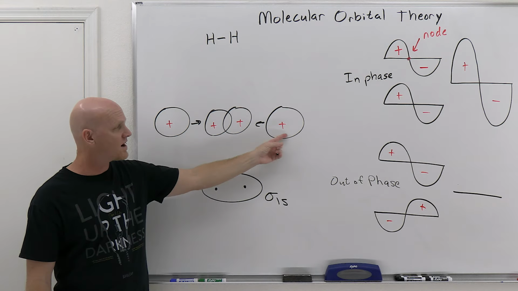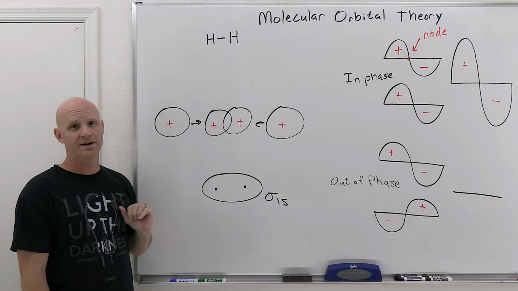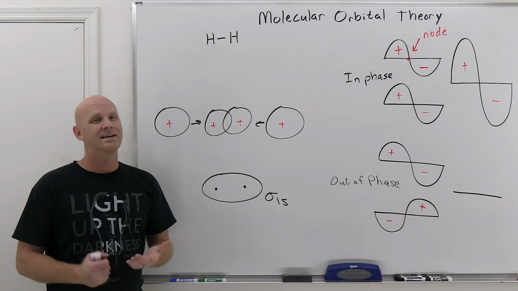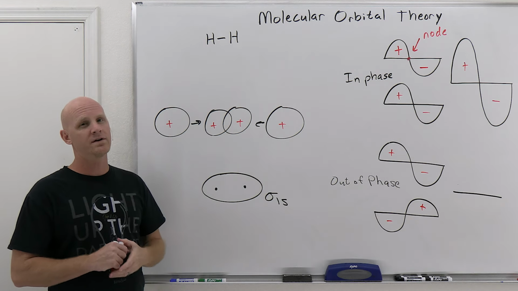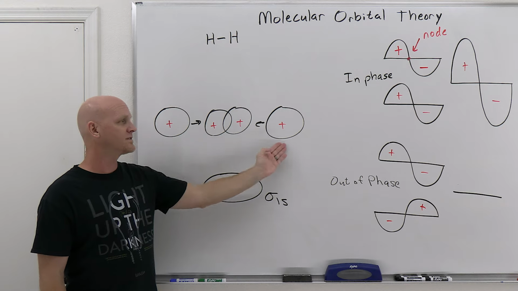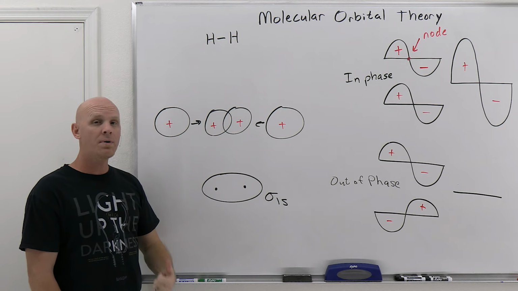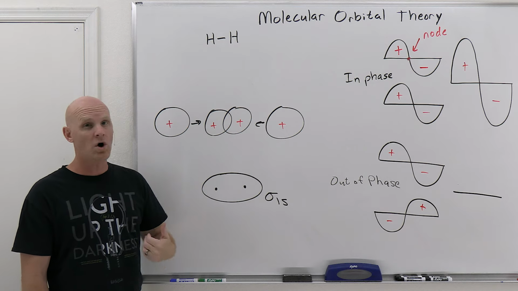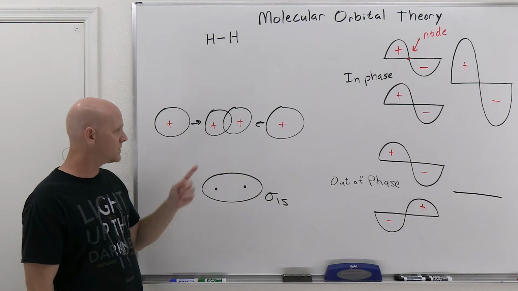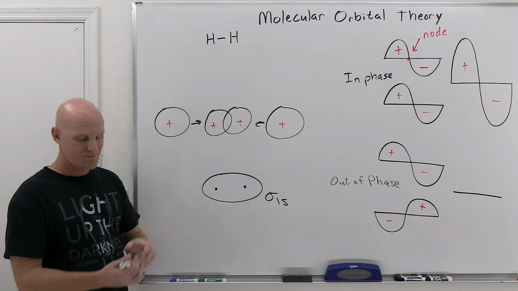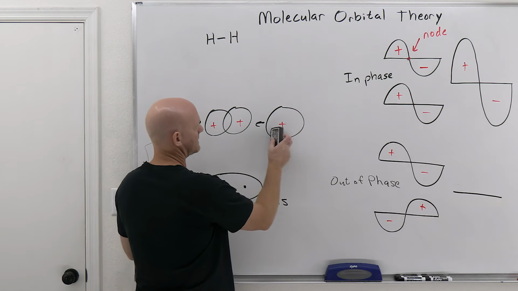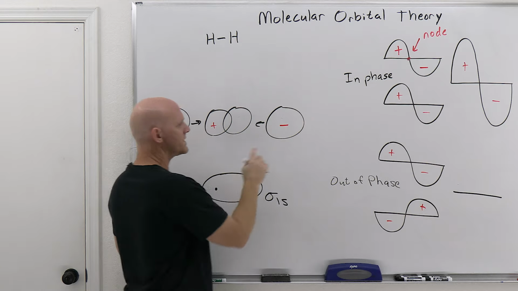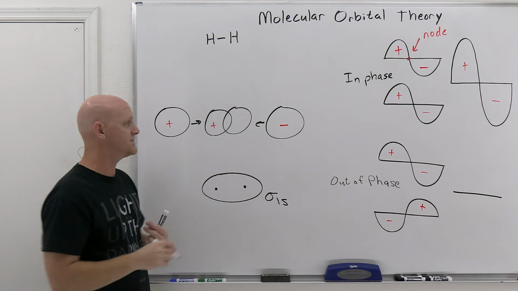So we can see the atomic orbitals that we started with before bonding occurred, and now we can see the molecular orbital they've overlapped to create. Now, here's where things get a little bit weird. We said that the atomic orbitals here, these s orbitals, can either be all positive or all negative. And the result would be this sigma 1s, whether they've been both all positive or both all negative. We still would have got constructive overlap in either case. But what happens